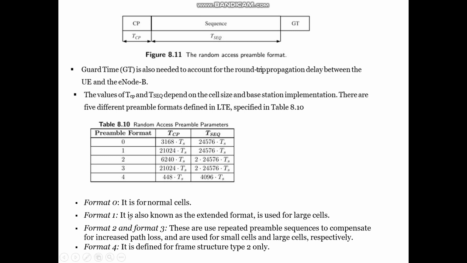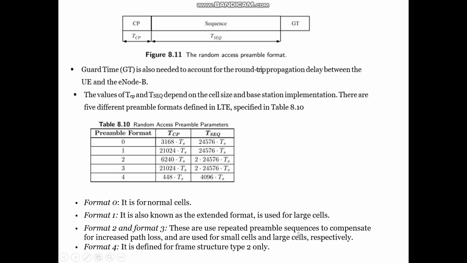Format 0 is used for normal cells. Format 1 is also known as the extended format, and it is used for large cells. For large cells, this is the configuration: T_CP is 21024 times Ts, and T_SEQ is 24576 times Ts. And format 2 and format 3, these are used